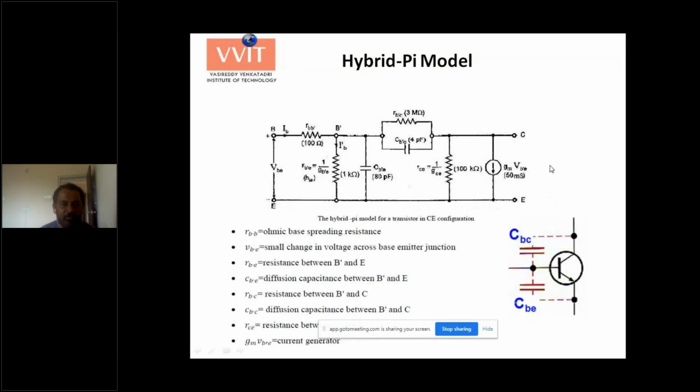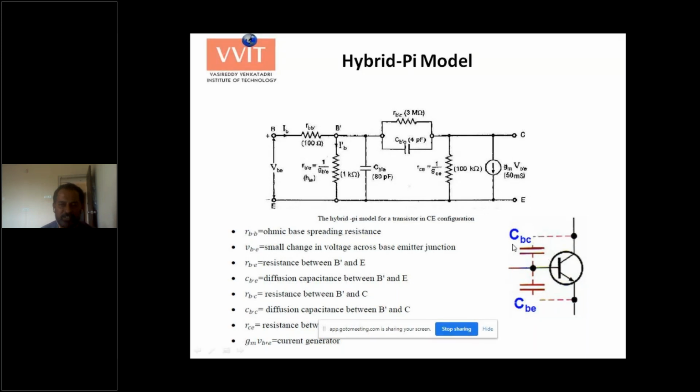And the advantage of this model is we can extend this to low frequencies also, by removing capacitance, by inserting some changes. We can extend this to a low frequency model. That's why this becomes a very popular model. And moreover, this is defined for common emitter, and we can also use it for common collector as well as common base. Okay, fine.